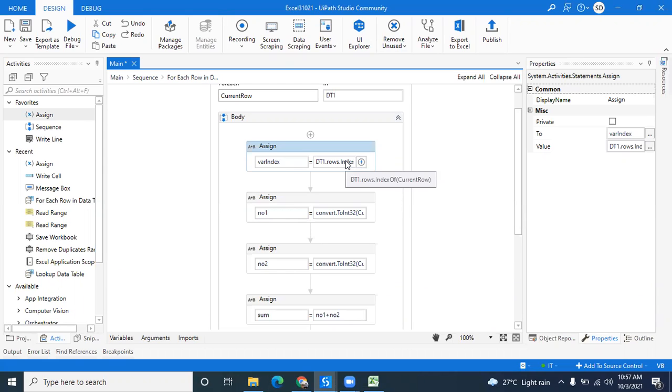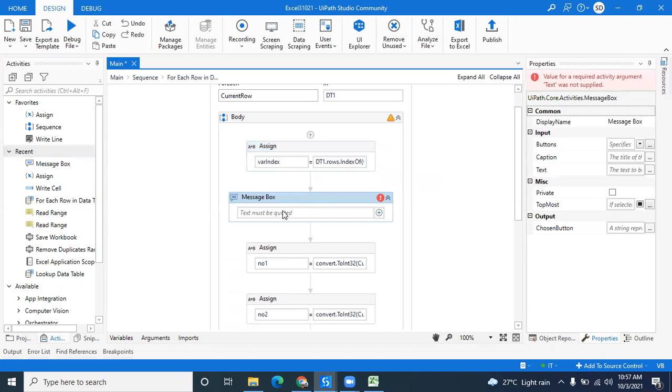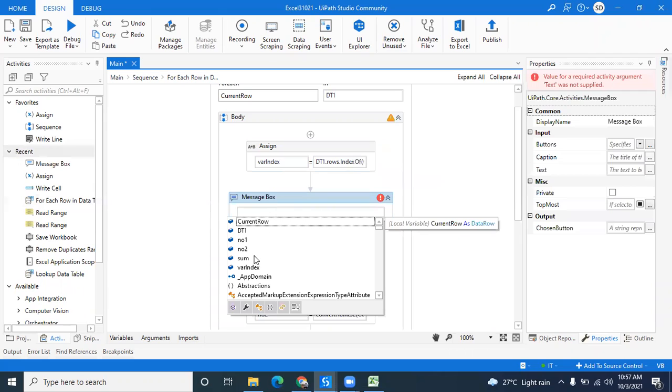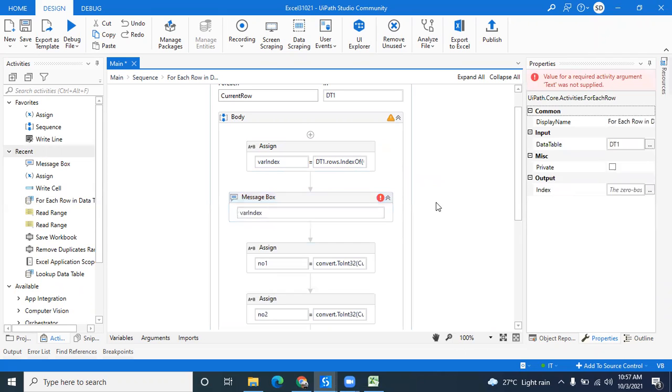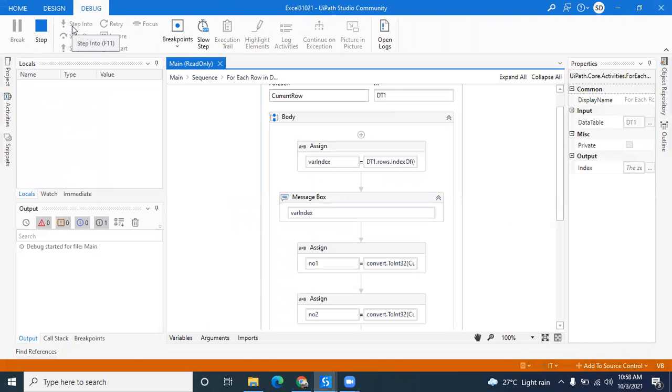Okay, so let me show you how we can find this index. It will iterate. Let me trigger this bot. First one is 0. Second one is 1.